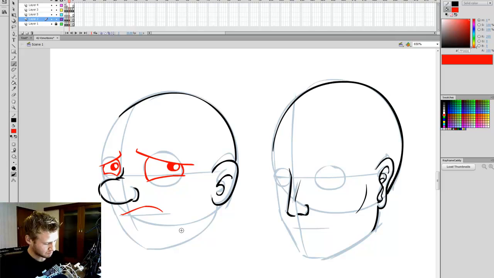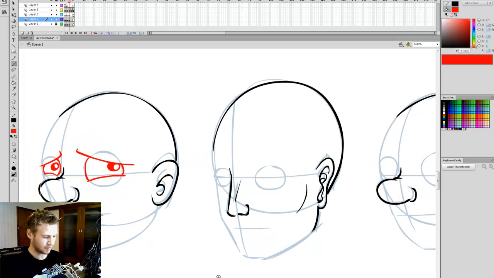Okay, let's have him pout the bottom lip a bit. There you go. And then over here, similar but not as extreme, because we don't want him looking like that or it will be a bit too Mickey Mousey. So